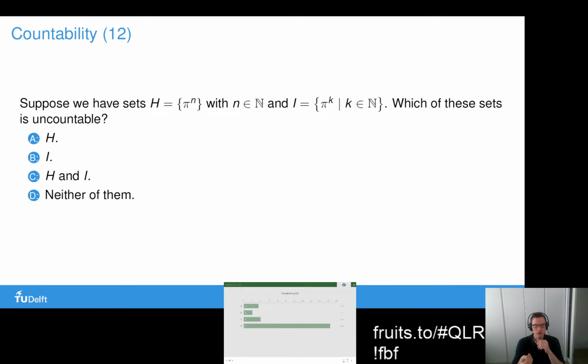The reason this question is in here is because many people often trip up on the idea that a countable set cannot contain any real numbers. But it definitely can. Pi is a real number, and it can be in a countable set. If it's in a finite set, like in H, there is no issue. And if it's in I, then